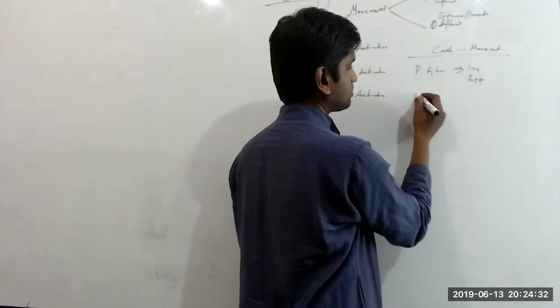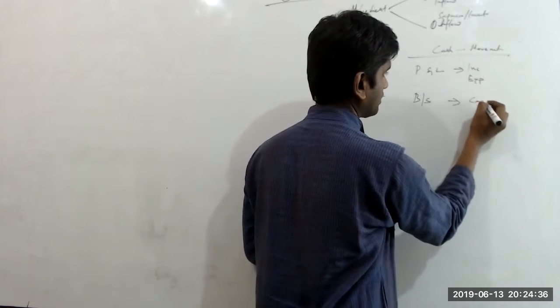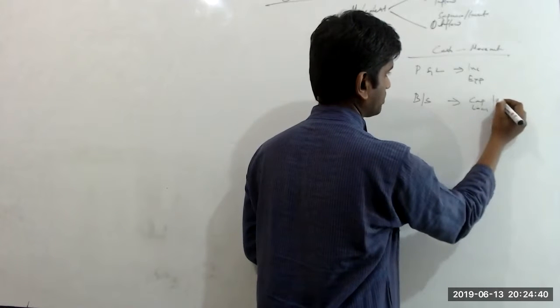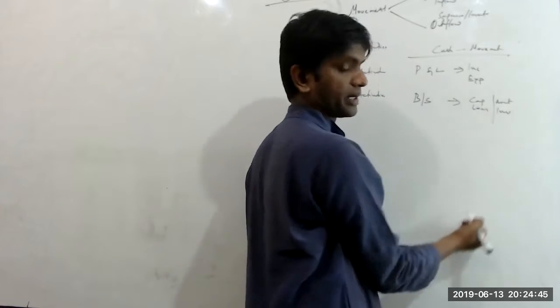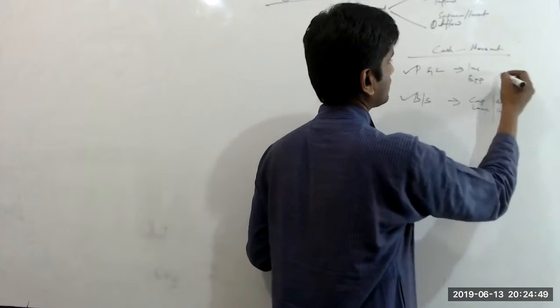Okay. There is also cash movement in the balance sheet. Maybe there is a cash inflow due to the capital, due to the loan. Also, there is a cash outflow due to the assets that I'm going to purchase as well as because of my investments that I'm going to do. So therefore, the net cash movement